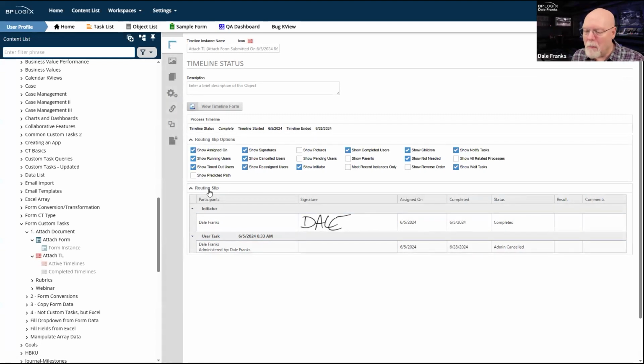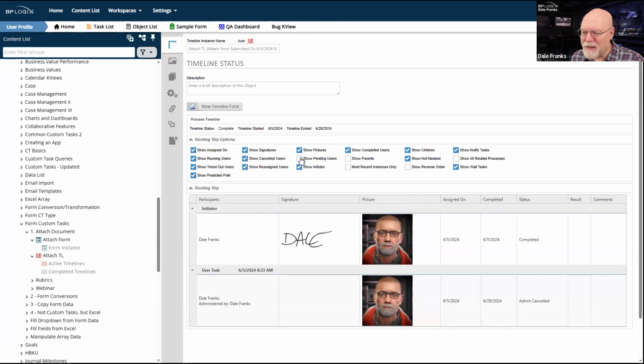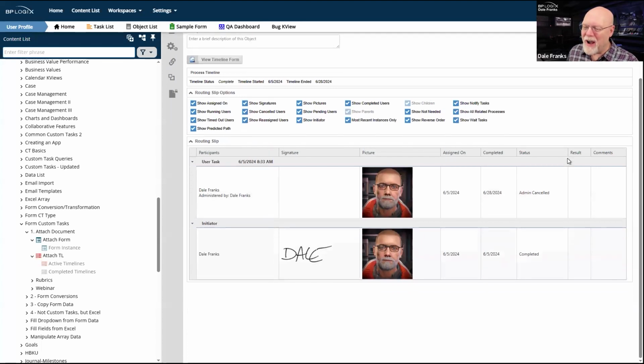There's not much that's going to change on this, because I think there's only a couple of things that it might change, but let's turn everything on. And if I turn everything on, well, it shows me all of my signatures. In this case, it shows me my profile picture. Why I'd want to see that in the routing slip, I'm not sure, but I can certainly do that.